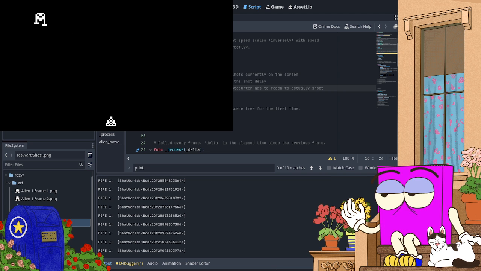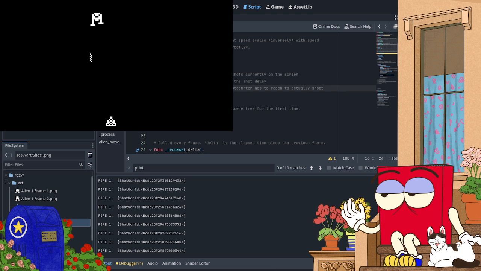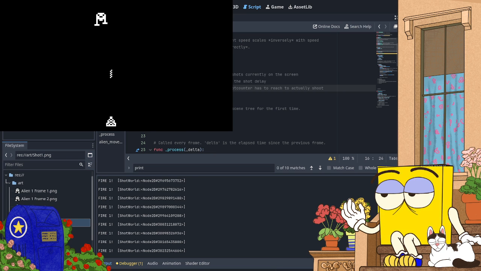And this one, now it always says Fire 1 because it's always firing the first shot. The other 2 shots, the shots are so delayed that it doesn't have time to fire 2 more shots before the timer rolls around and fires the next shot.